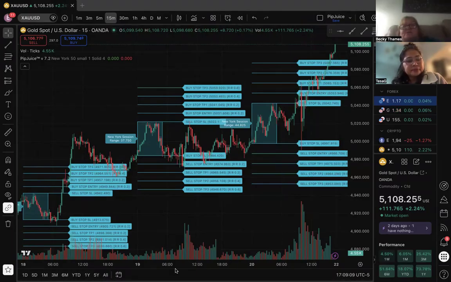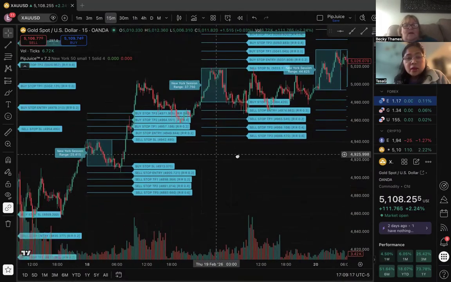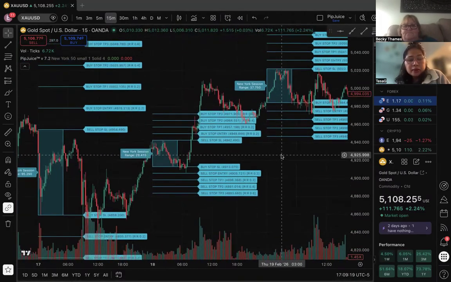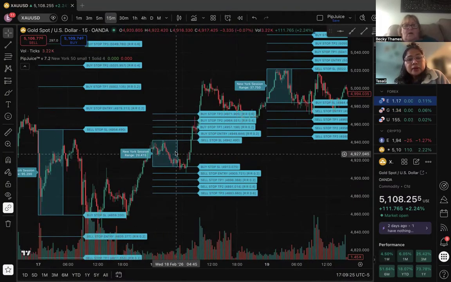Yes, I can. Okay. So this is Pip Extra Juice inside of Akashics, but you can see here, I love this. So we're in the New York session now, and this green box shows all the New York session, and we're on 15 minutes, right? Are we on that right now currently? Well, no. The market's closed right now, so when it opens,